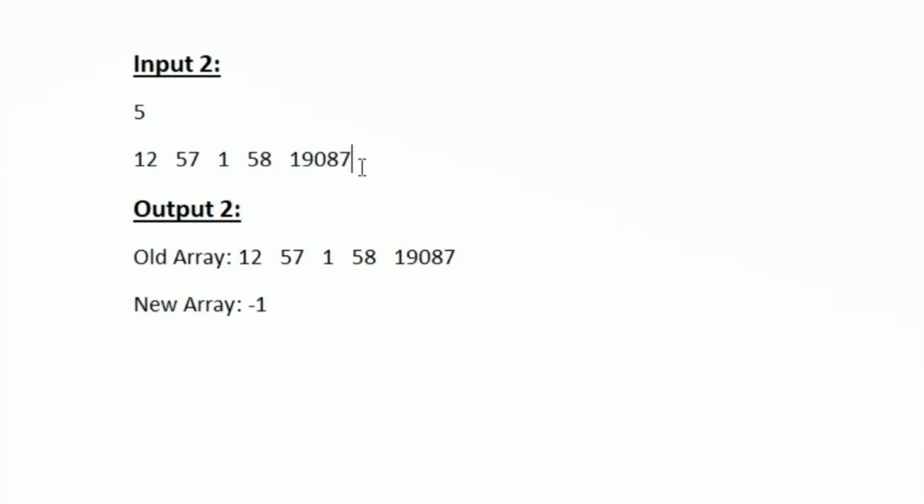But we should not return an empty array. Whenever we are not able to find even a single valid integer, we have to return an array which contains -1. So in our output we can see that the output array contains only one integer and the value is -1. This is how we should be returning the output. If we aren't able to find even a single valid integer, then we have to return an array with -1.